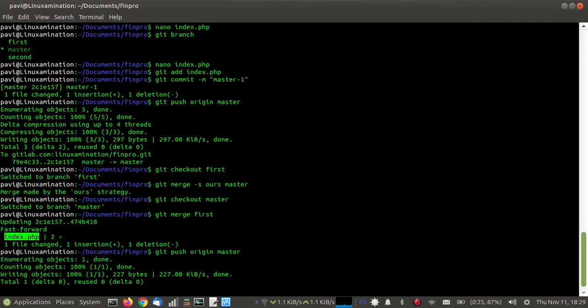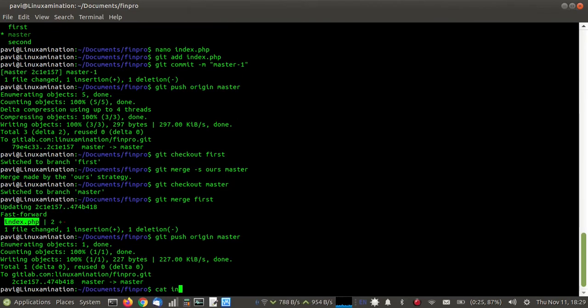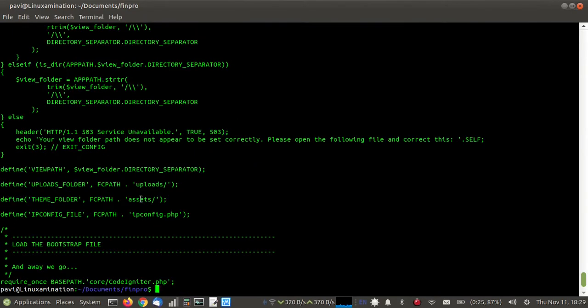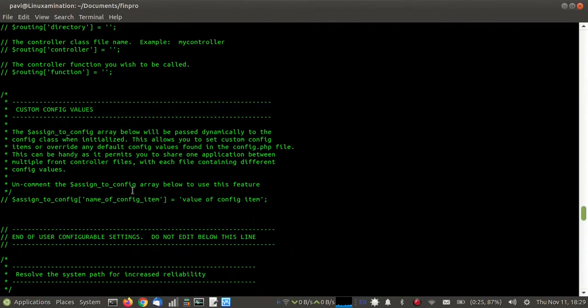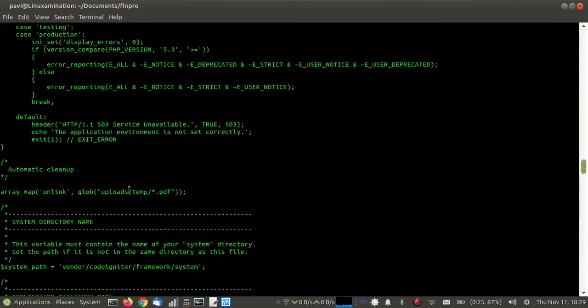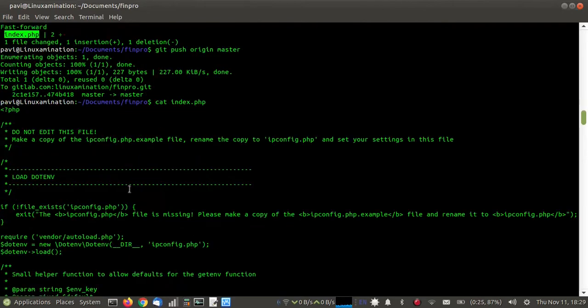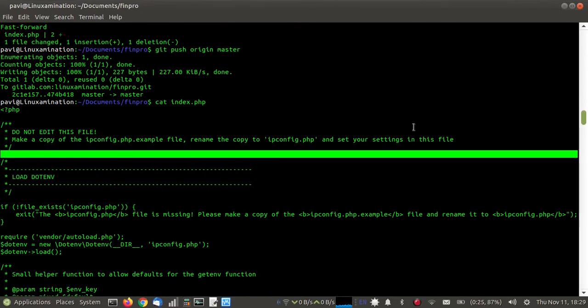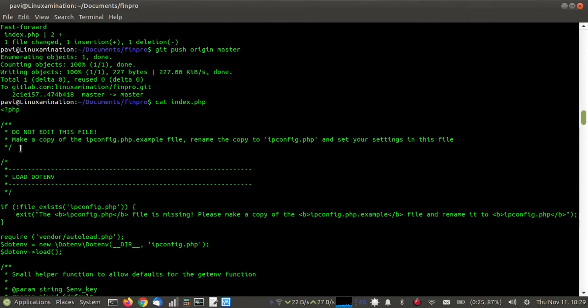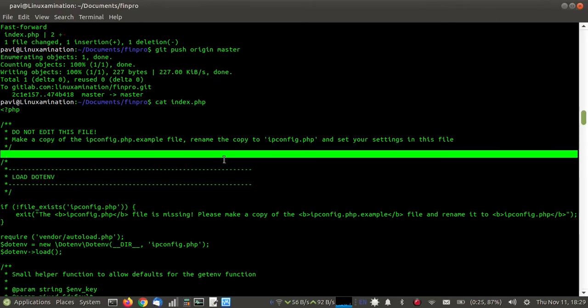And I'm going to show you that file, that is index. Here at the start, below this line, I had made one comment line, and that has been removed.